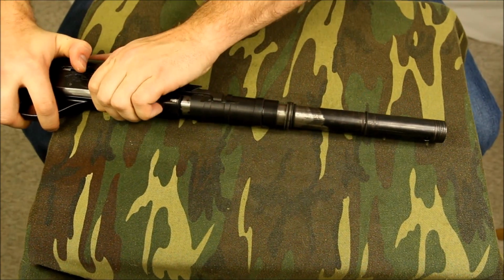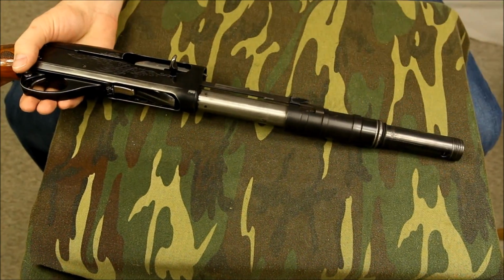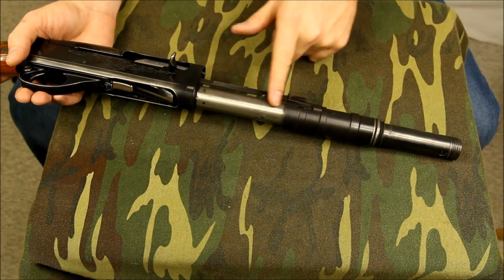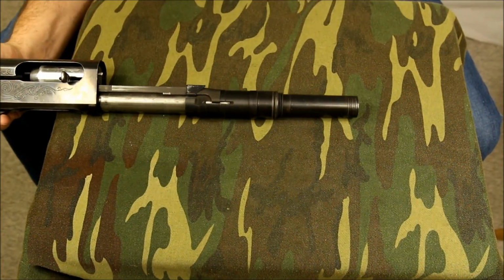So if I were to let this thing come forward, you'll see how this shotgun is from, I don't even know, it's from 1963 to 1968, somewhere in there. And you can see that through use, all the bluing is gone on here, and that's because these pieces are constantly moving back and forth. A weak point on this shotgun,